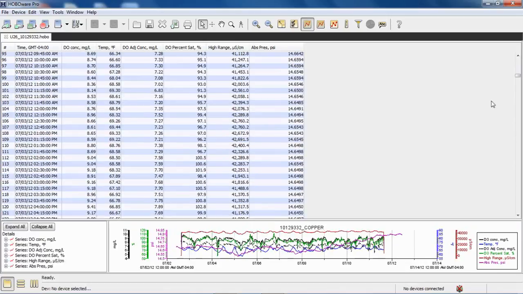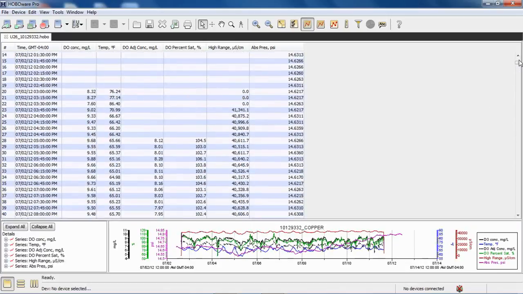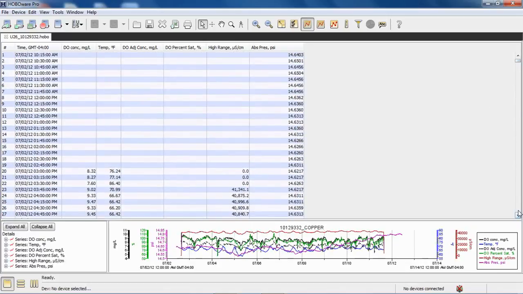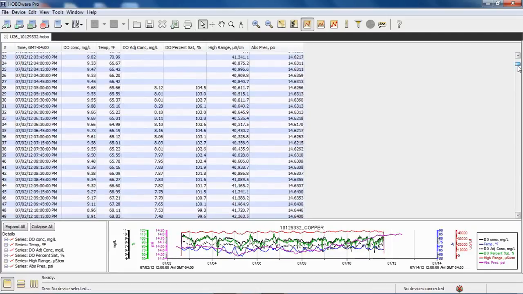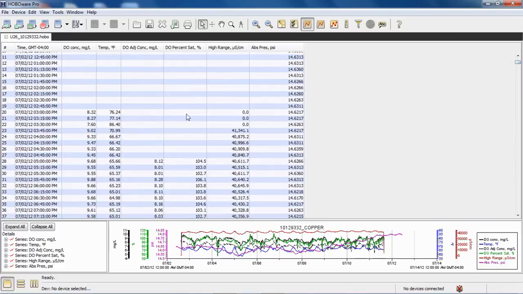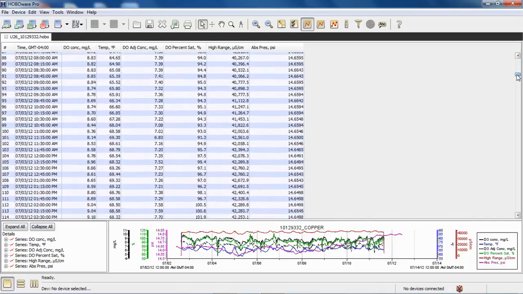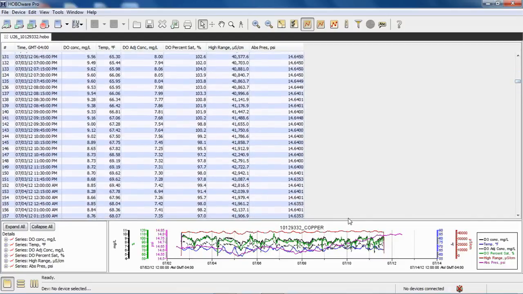And again, we can see that they weren't exactly coordinated as far as their launch times were concerned. That's what this is saying. That's what our warning was saying. Here's my DO. Here's my conductivity. There's my adjusted concentration in milligrams per liter and my percent saturation based on my DO assistant